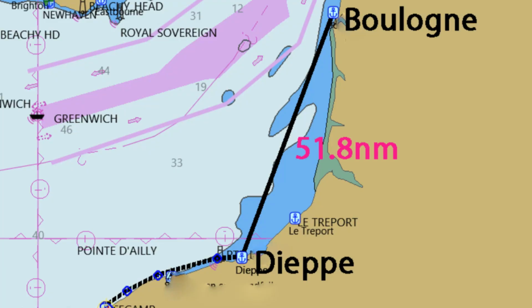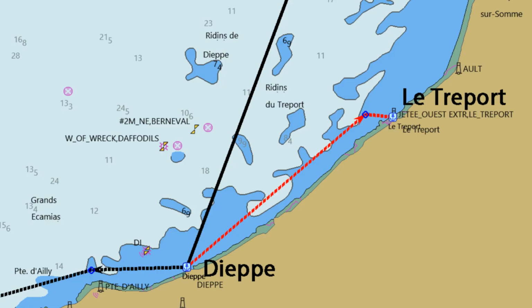So that means that in Golden Haze at 2,300, 2,400 RPM, I can make 5 knots in calm water. So say I motor sail the distance, 52, 53 miles. In fact, because the tide's going to be against me virtually the whole of the way, I'm only going to actually make 4 knots over the ground, and so that is 4 10s are 40, 4 12s are 48, 4 13s. It's going to take me 12 or 13 hours to get from Dieppe to Boulogne, and that feels quite hard work. So I've decided I can go into Le Tréport on Sunday,